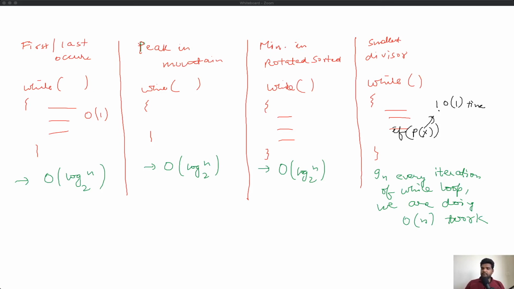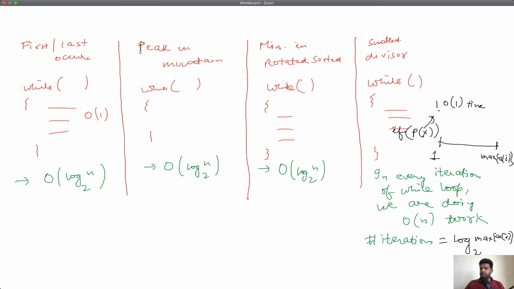And now how many iterations of this loop are you running? That's basically log of the search space size, right? If you remember the search space that we had, the search space was from 1 to the max of array I. So the number of iterations is log of max of array I, which is the largest number in the array, to the base 2.